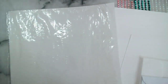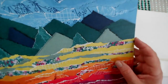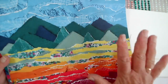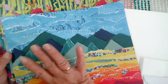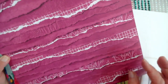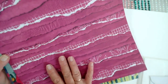So there's a mixture of torn papers and florals, and you can use any elements of these. I'm going to show you these, so don't be put off, because this really is bold, as you can see. But on the reverse, if that's not your thing, you've got this lovely section of torn papers, and what they did was they took the cardstock and papers, tore it, textured it, layered it together,